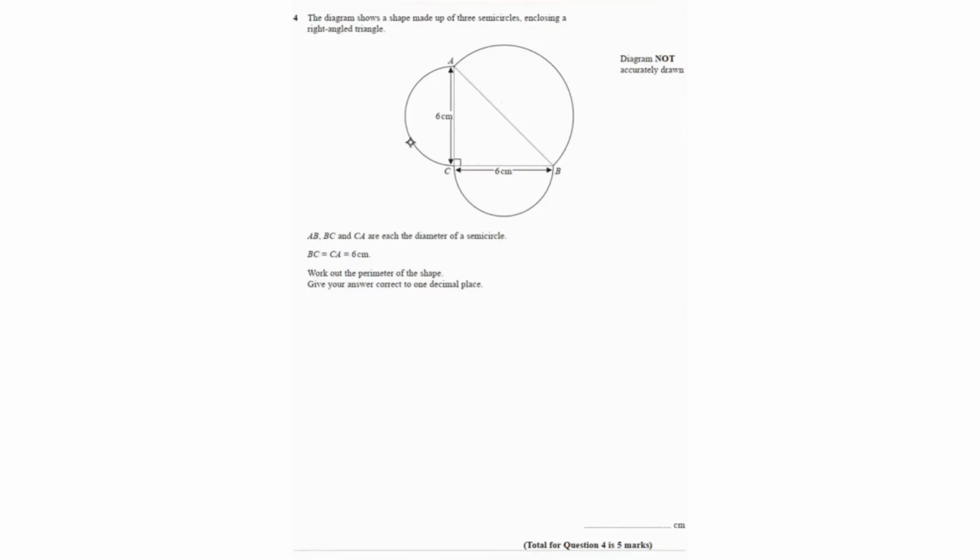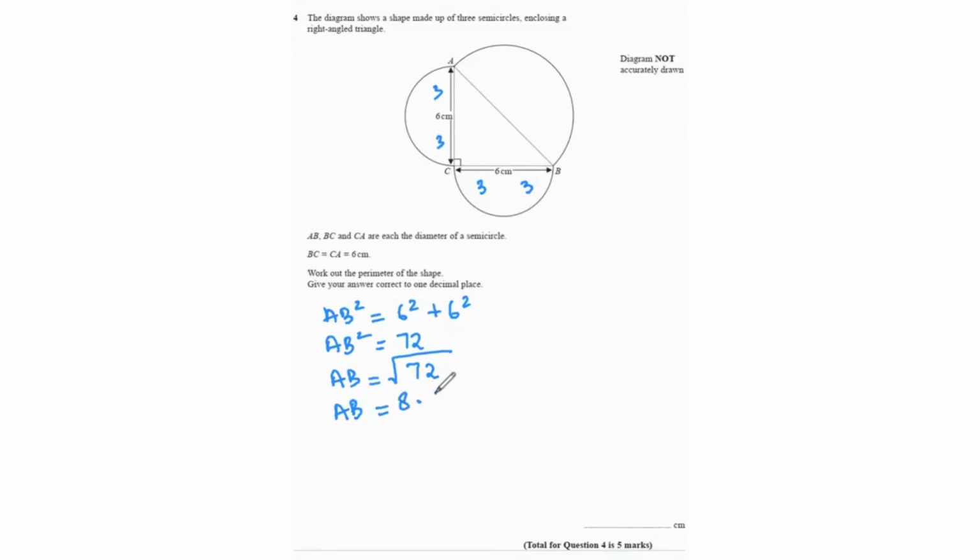So perimeter of the shape is basically these 3 arcs added. We can find the arc length of AC. We can also find the arc length of BC. It's the arc length of AB we can't find yet because we don't have the radius for that. For this, the radius is 3 and same over here. So using Pythagoras, we can find AB, which is the hypotenuse of this right angle triangle. So AB squared equals 6 squared plus 6 squared, which is 72. And then we take the square root of 72,